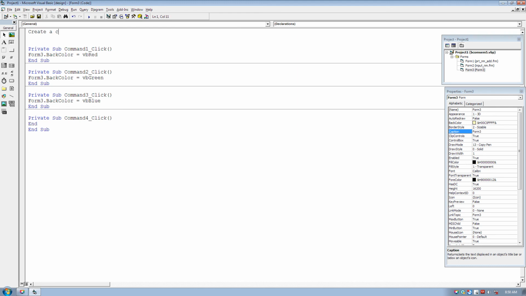Create a form in Visual Basic which has 3 command buttons named as red, green and blue.